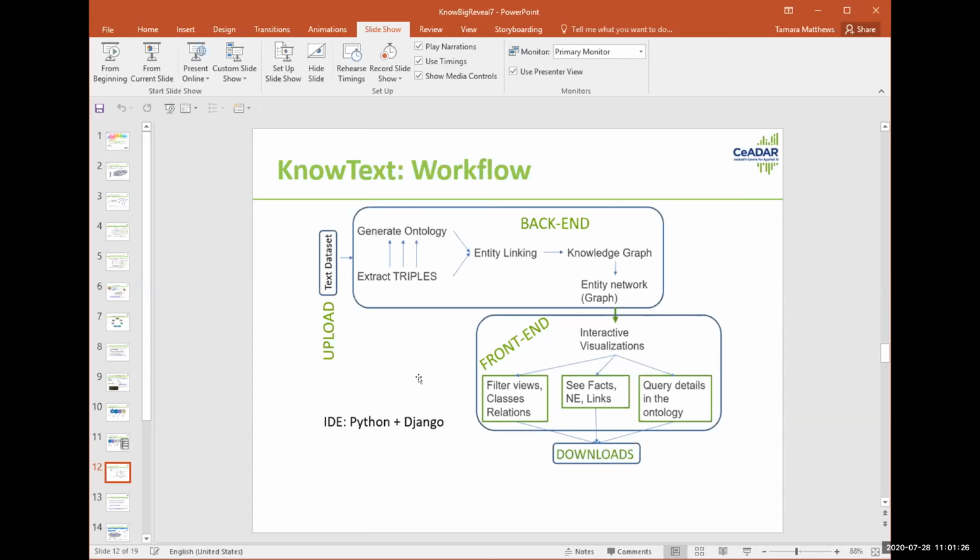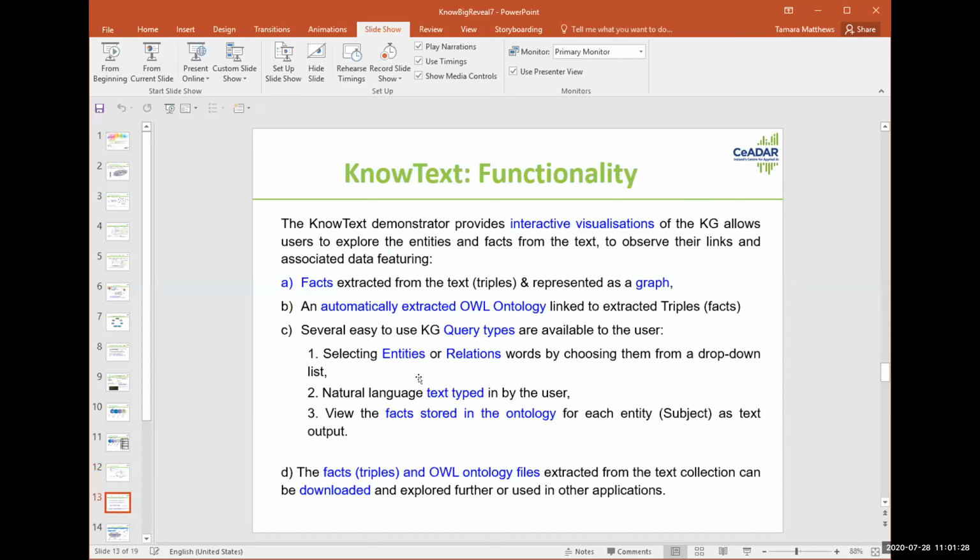So the functionality is obvious. We provide interactive visualizations of the knowledge graph. So facts extracted from text, which are the actual triples, are represented as a graph. We extract the ontology automatically linked to the extracted triples. And there are several easy ways to query the knowledge graph. For example, by selecting entities and/or relations as words, by choosing them from a drop-down list,